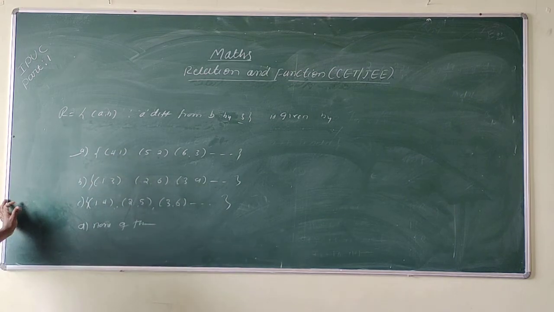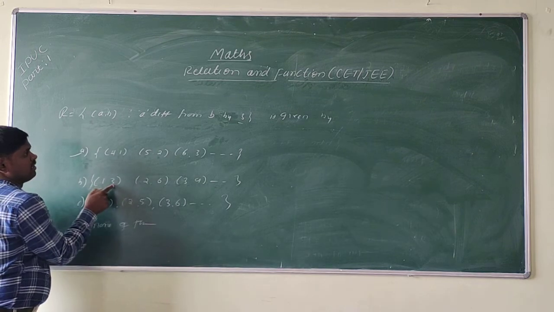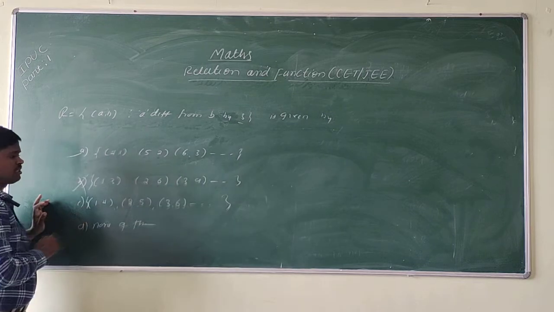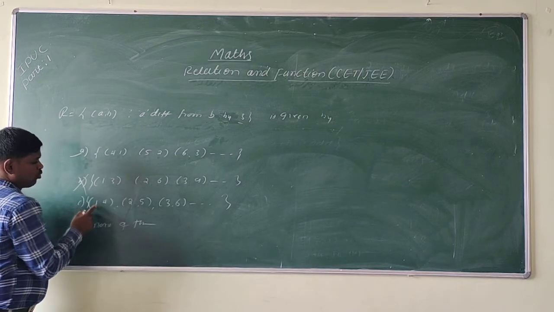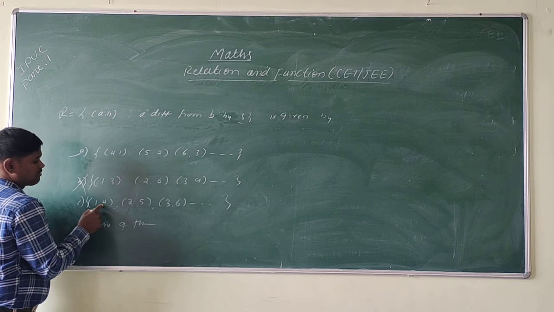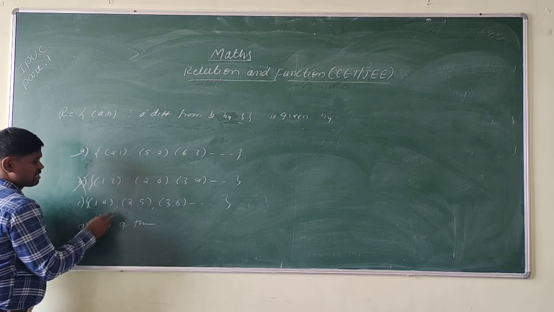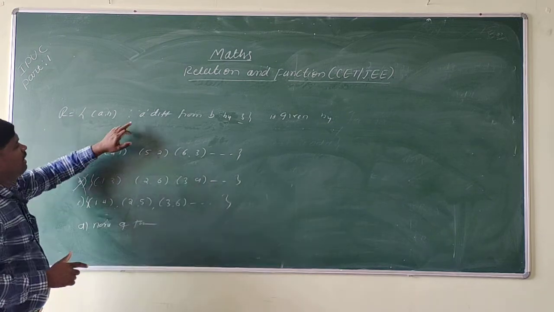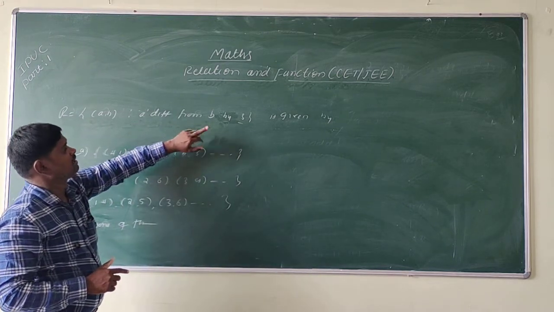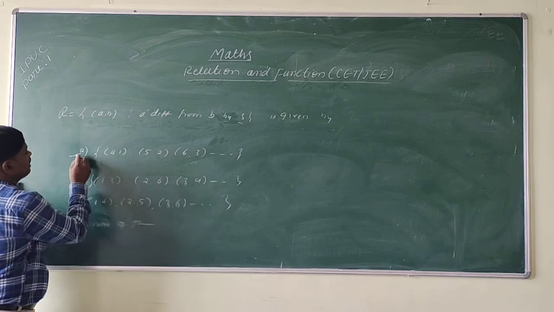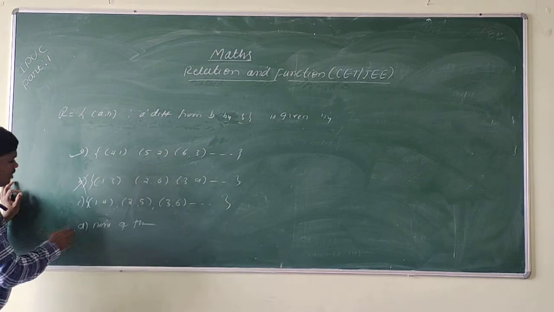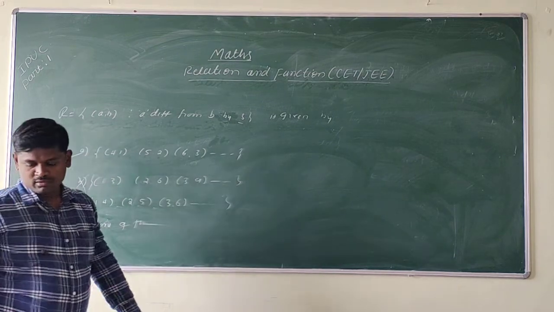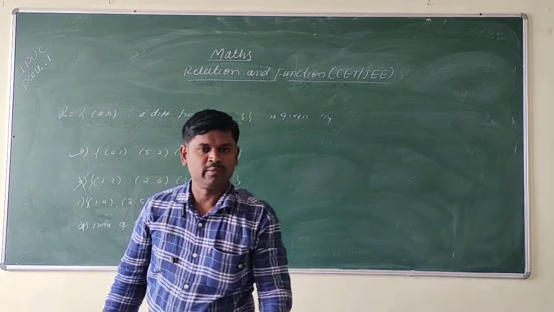We are going to check the remaining options. 1 minus 3 is minus 2, 2 minus 6 is minus 4, so this is none, we are not considering it. What about (1, 4)? 1 minus 4 is minus 3. But see here, a differs from b by 3, so we are taking option A, not none of these. Therefore option A is the right answer. Okay, so in the next questions we are going to discuss the remaining questions. Okay, thank you.